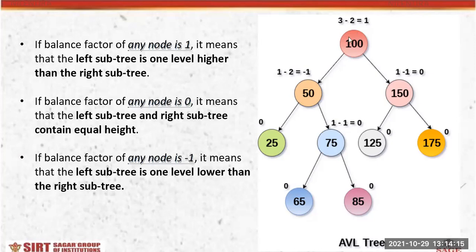Now if you see here also, similarly, you have height 3 on the left side: 1, 2, 3. Basically, I am talking about the height of the tree on the left side and the height on the right side. The height on the left side is 1, 2, 3, and on the right side is 1, 2. Left minus right, 3 minus 2 becomes 1. So it forms a balanced binary search tree, or AVL tree.